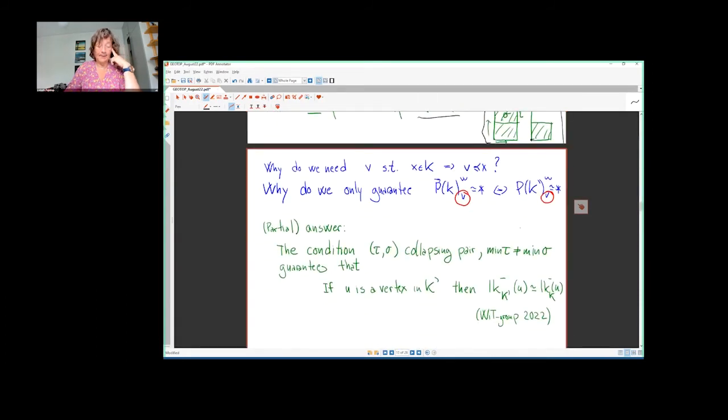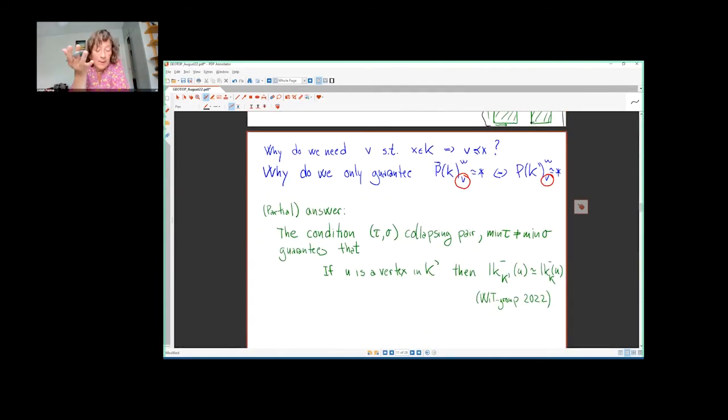Now, this is the theorem, and I'm going to explain a little bit why it looks like it does and how we do it. So first of all, why do we need this minimal vertex, or minimum vertex? Some American told me that it's a minimum vertex, not a minimal. Well, okay, so it's a minimum. And why do we only guarantee anything about path spaces from this minimum vertex here? Well,